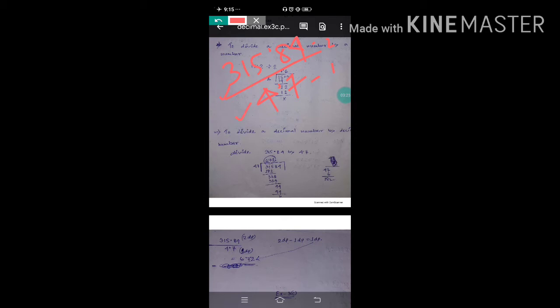So this is your numerator, this is your denominator. So 2 minus 1 will be how much? 1. So that means ultimately you can write it like 3158.4 divided by 4.7. Which one is bigger? 2 is bigger, so your decimal point will shift by 1 decimal place in the numerator. Okay, so instead of writing this one you can write like this.